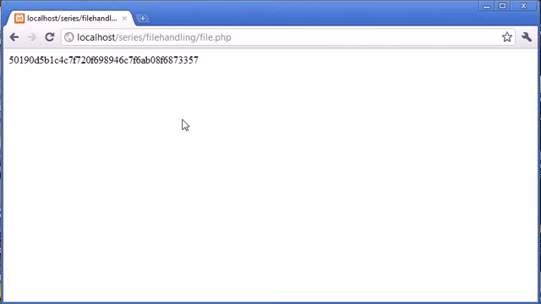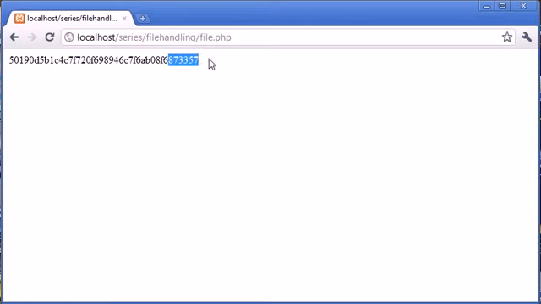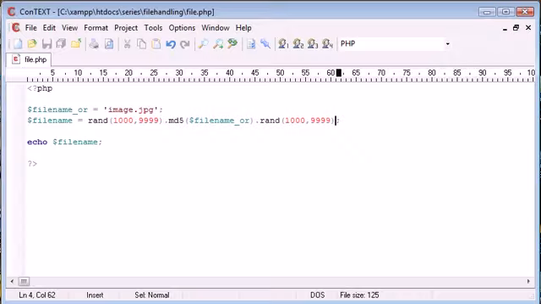Okay, so this is the random file name that we may have generated to save on our server. So let's say the first user uploads an image called image.jpg. Everything's fine, the image is stored. However, what happens if, say, 1,000 users later, someone else uploads an image called image.jpg, and this random number here and this random number here happen to equal the same as what's already been stored here and here? There's a way we can deal with this, and we need to use the